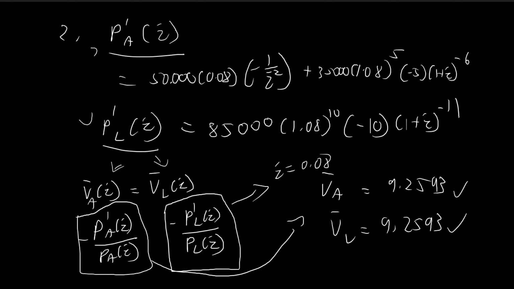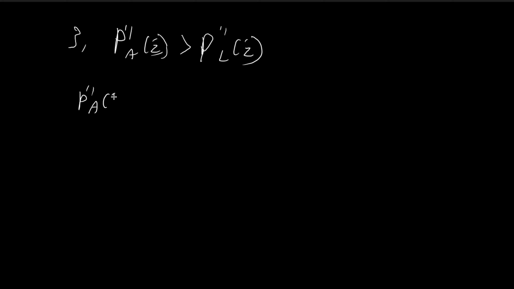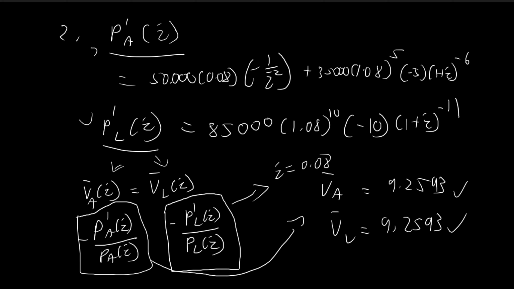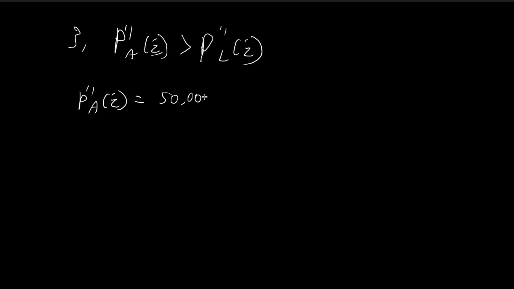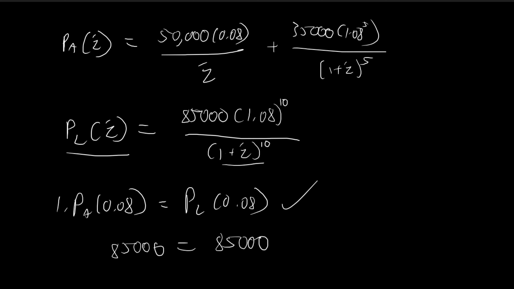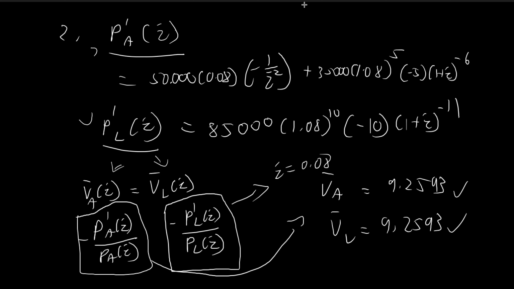So now we move on to the third condition. We want the second derivative of the asset to be larger than the second derivative of the liability. So in order to do this, we take the derivative once more. So the second derivative of asset is rather simple. So 0.08, and then we have 2, and then I to the power of negative 3. And then for this other term over here, we have